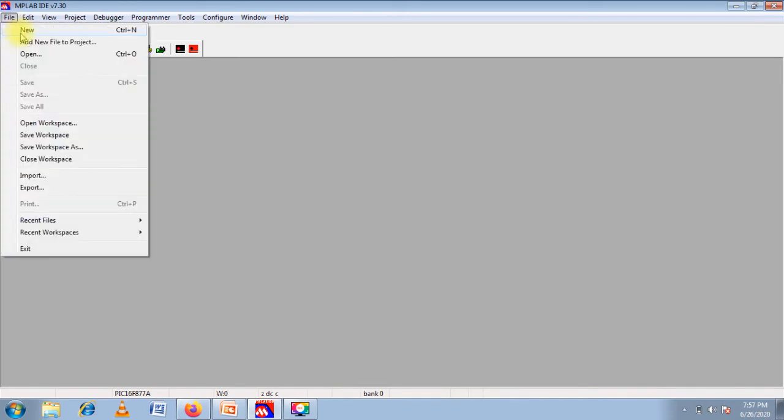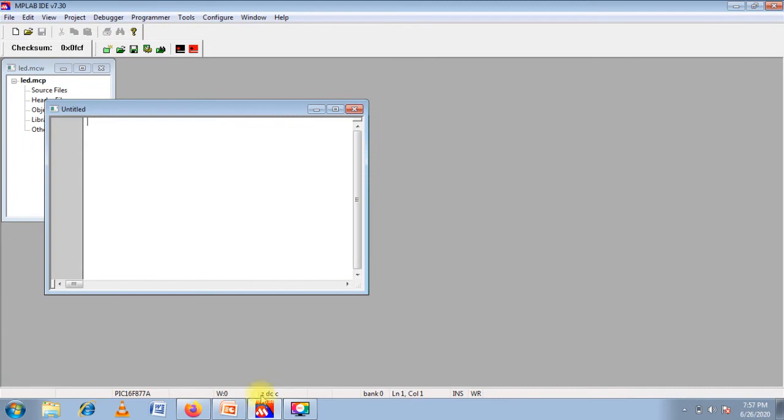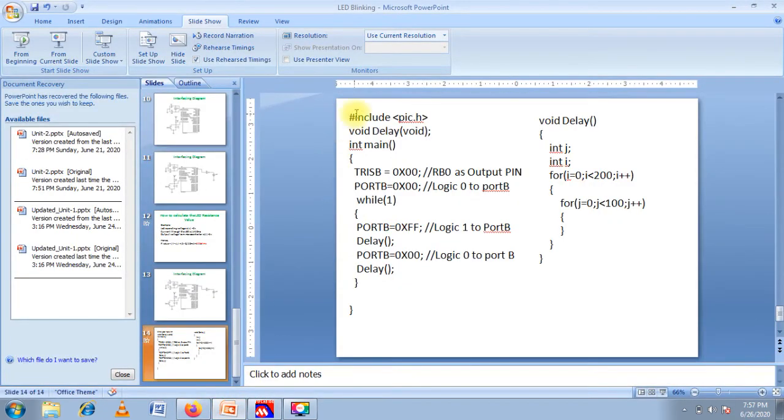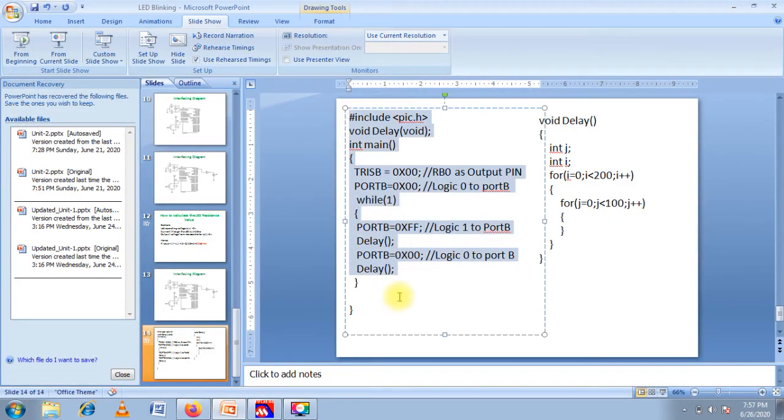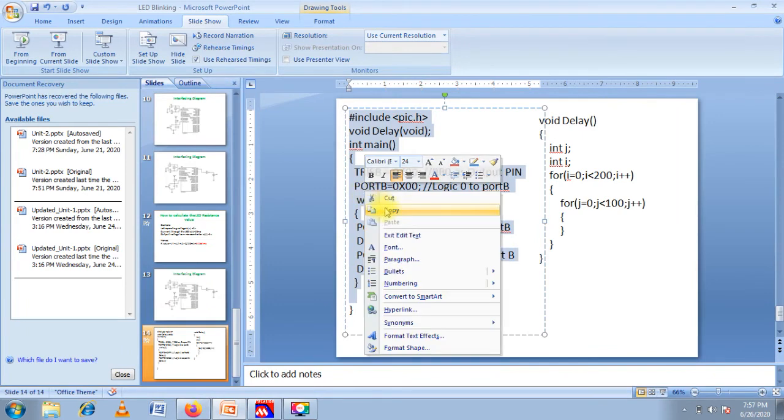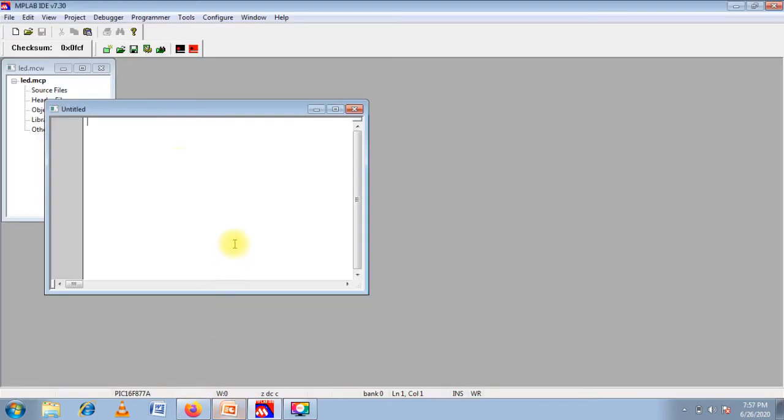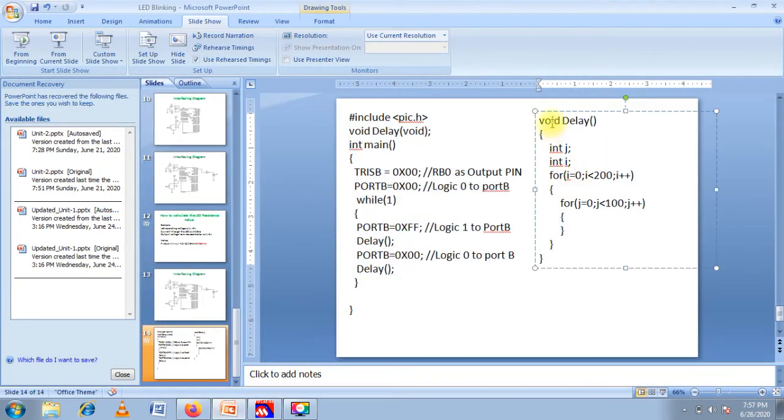Go to file, new, then copy the corresponding program from the PowerPoint. Paste it, then add your delay file.